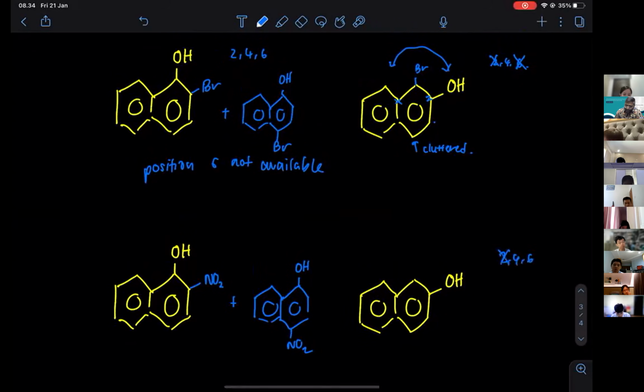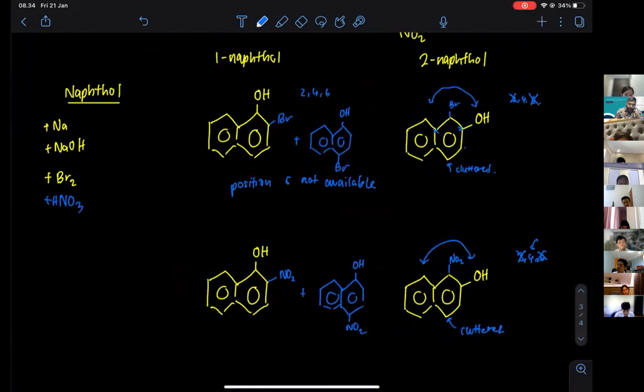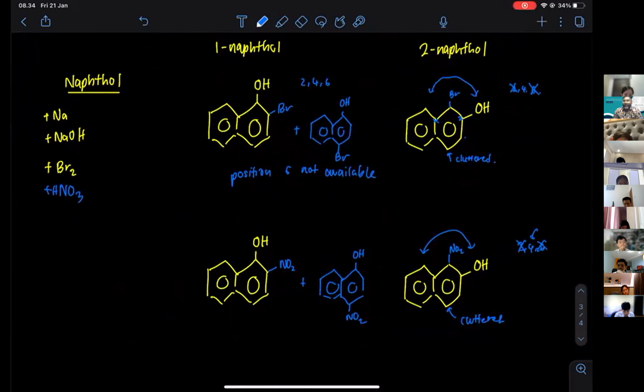So this one not available, not available. 4 is supposed to come over here, but this is too cluttered. So we are going to bring the NO2 here between this and this. So these are what I taught you for the entire chapter. So done. Okay, so any